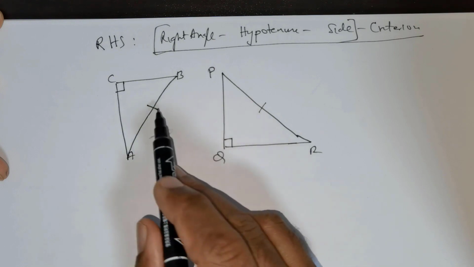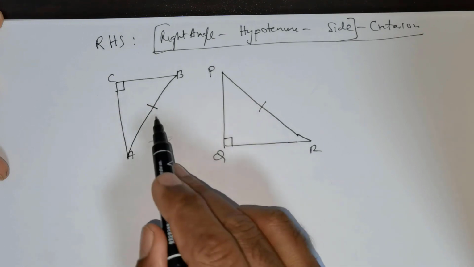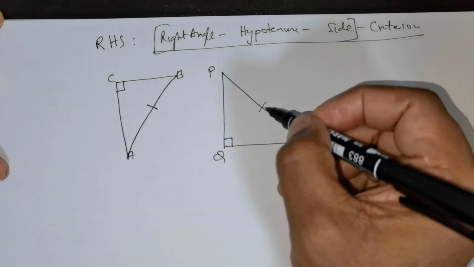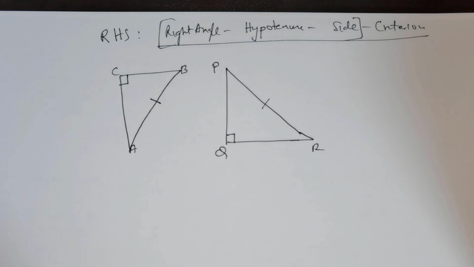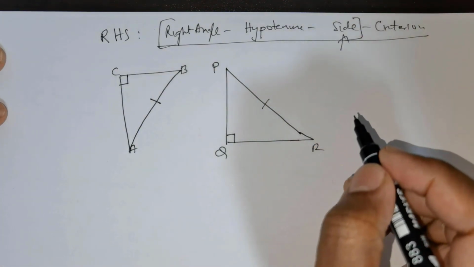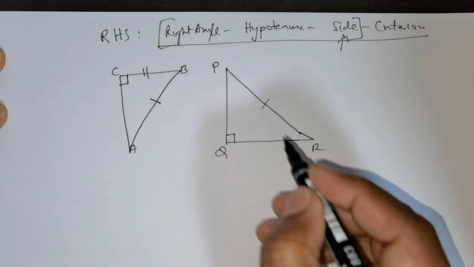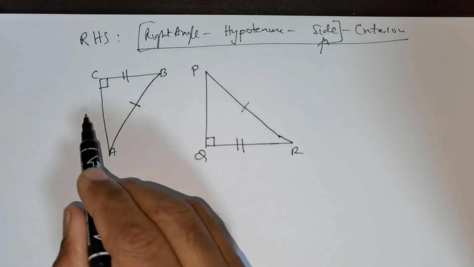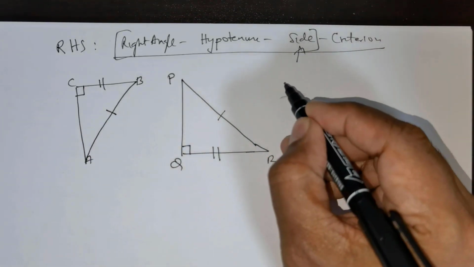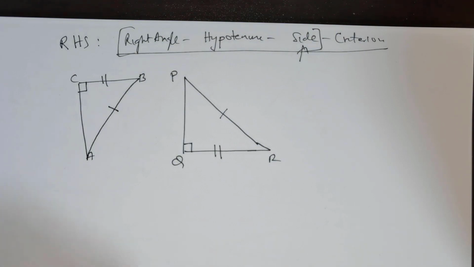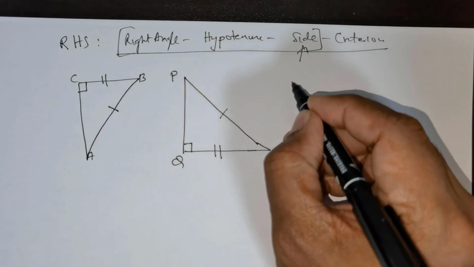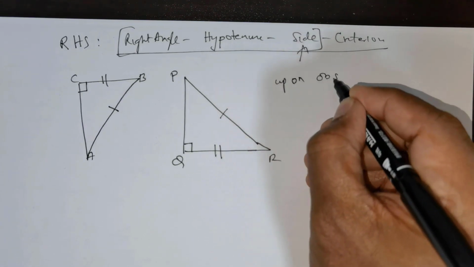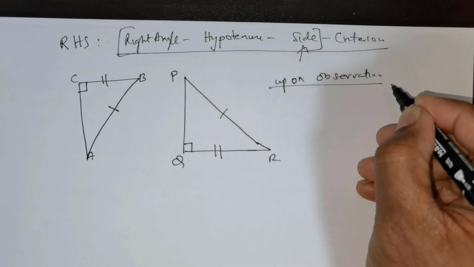Now along with the angle and the hypotenuse, we need to have one more component, which is the side here. So in this case, if this side is the same as this side, or if this side is the same as this side, then we can easily conclude. So upon observation, we can make the following justification or conclusion. So let me state that upon observation, we see that